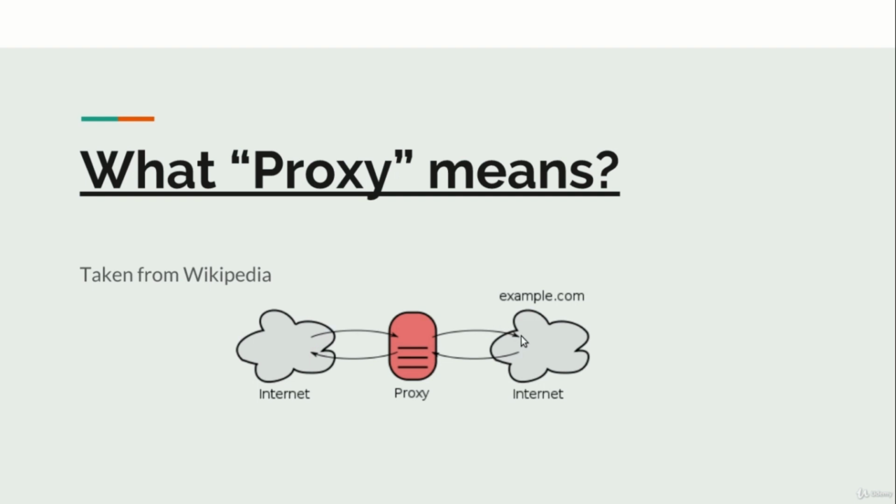And the response which comes from the web application first goes to Burp Suite and then Burp Suite transfers it back to you. In this way proxy works, and this is the most important feature, the thing for which Burp Suite was made: to intercept different requests and responses so that you can manipulate them, change them, and do various kinds of stuff with them. This is what a proxy means.